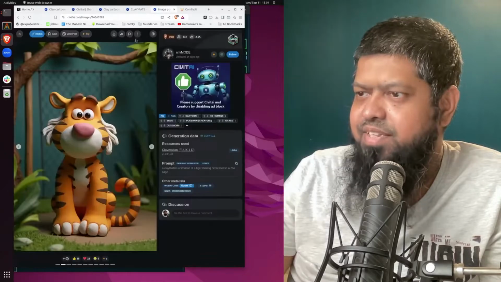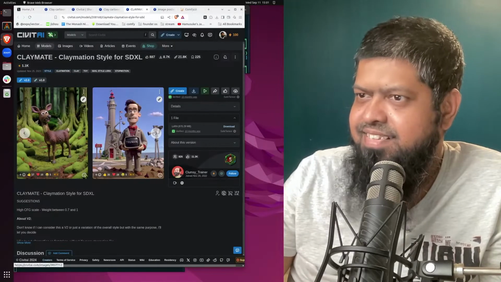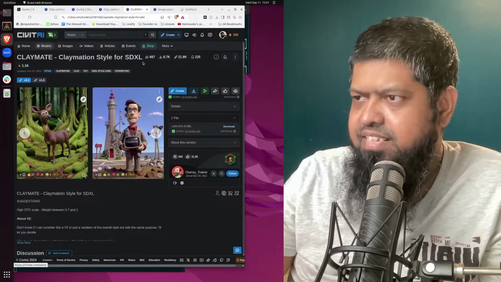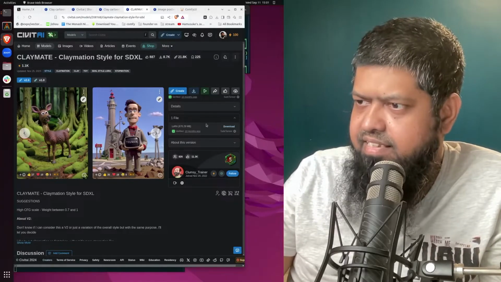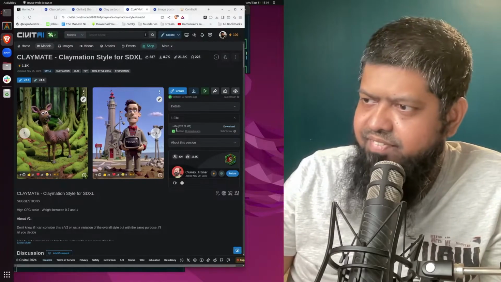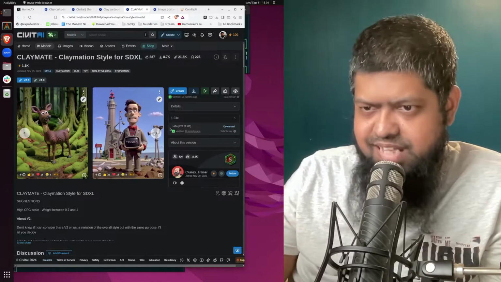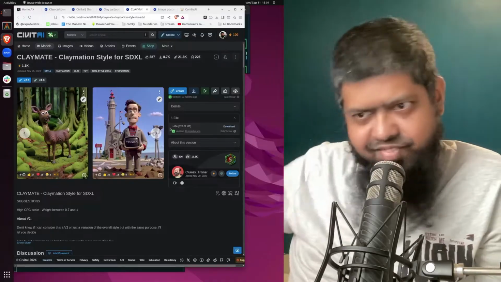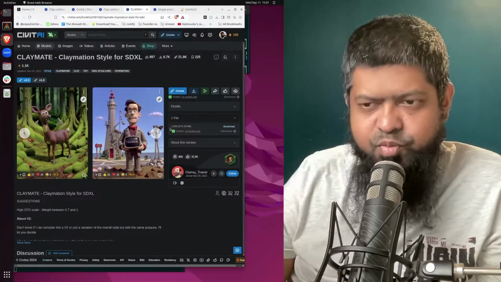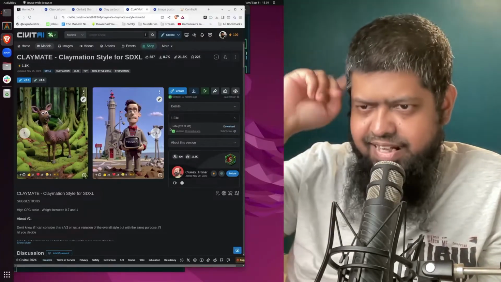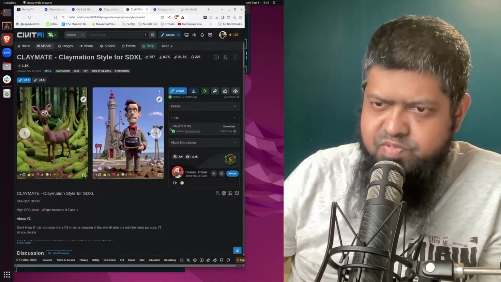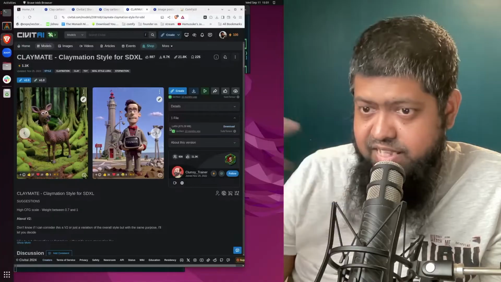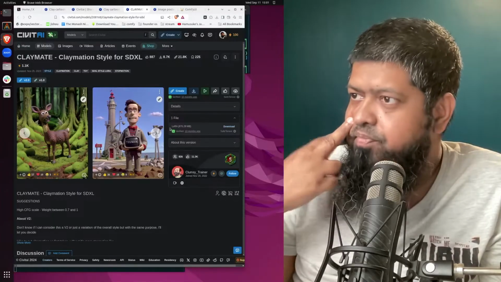So let's check out the other one, man. Claymation style for standard SDXL. Look at that file of that LoRa. Before, with Stable Diffusion 1.5, 2, 3 and so on, and then Flux came, we had problems with fingers and letters. This problem has been solved with Flux, and I like this model. We've been using Flux so far, right? And